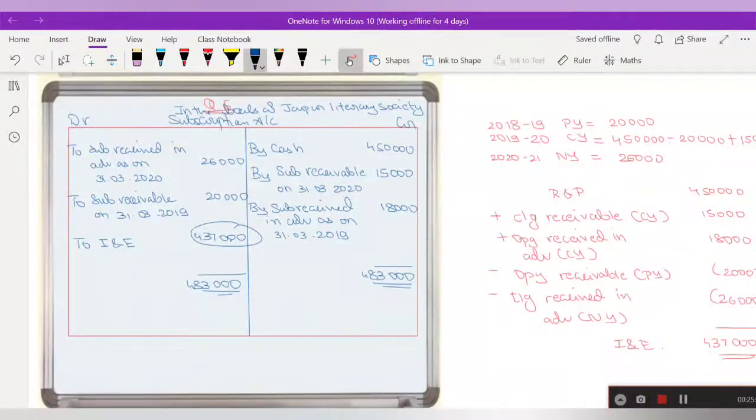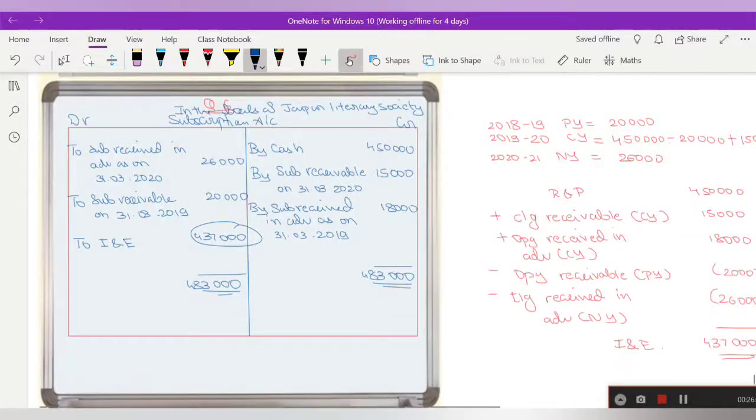Simple. So whatever is to be added is written on the credit side, and whatever is to be deducted is written on the opposite side, that is the debit side. Subscription is income for us, so whenever we want to increase the income, we will credit it, and whenever we want to decrease the income, we have to debit the subscription account, right? Simple one. So with this, you will be very much perfect with your subscription account, right? A similar question is there in illustration number 7 again, right? So try it out, or else we will solve it in the class itself.